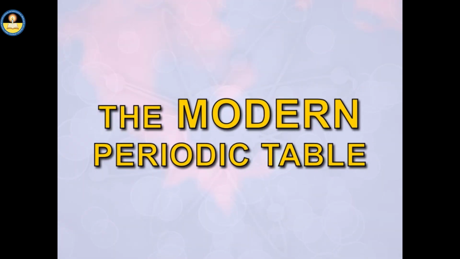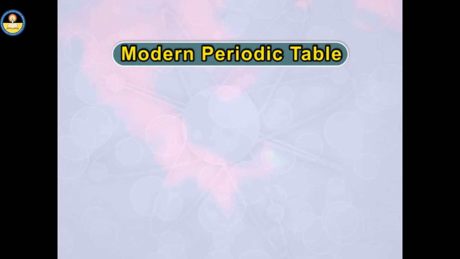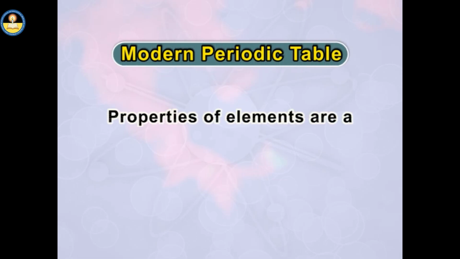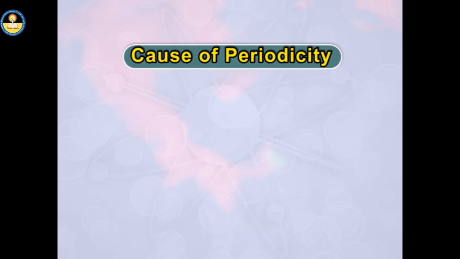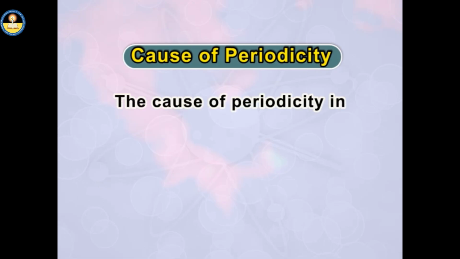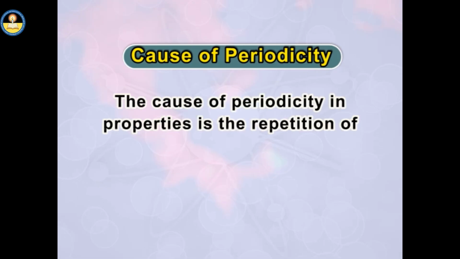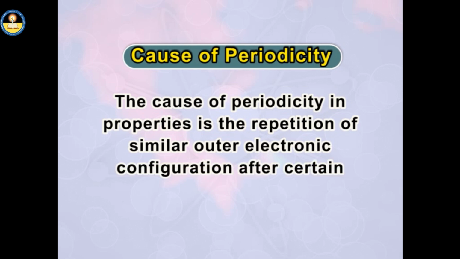The modern periodic table. The modern periodic table states that properties of elements are a periodic function of their atomic number. Cause of periodicity: the cause of periodicity in properties is the repetition of similar outer electronic configuration after certain regular